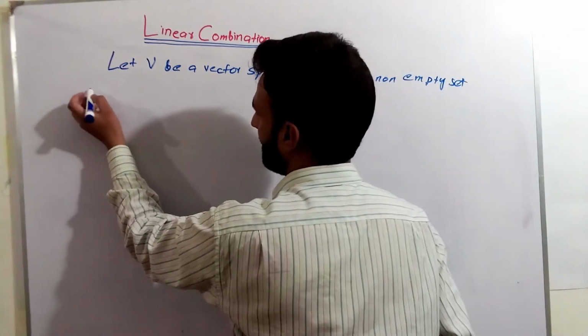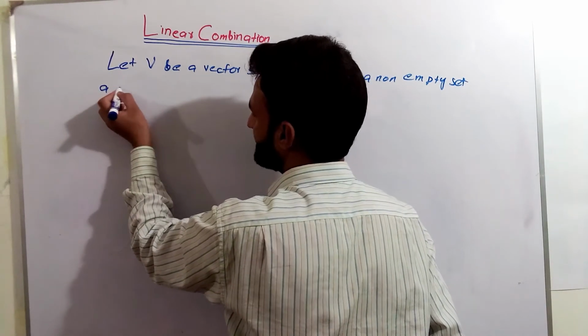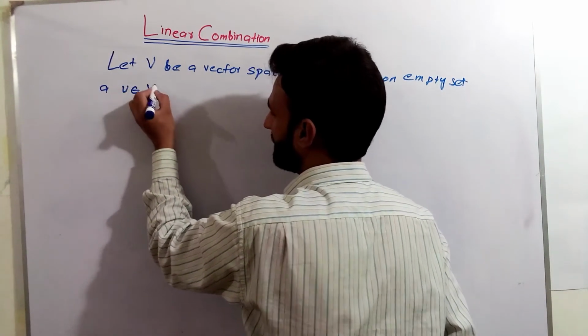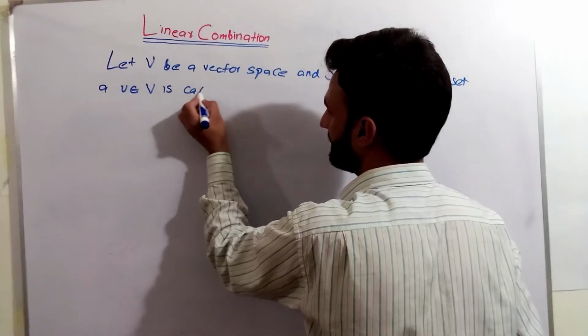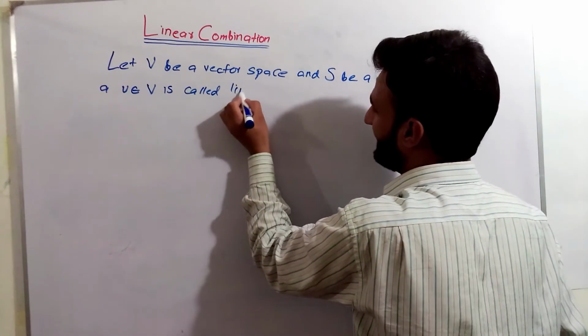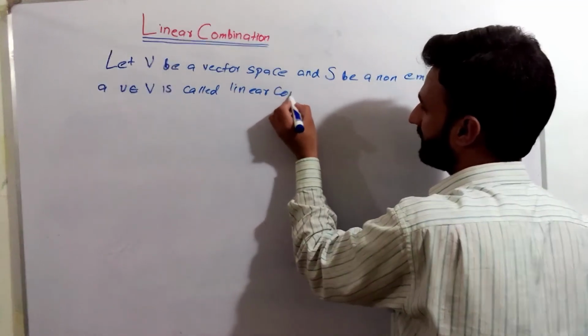Right? A small v belonging to capital V is called a linear combination of